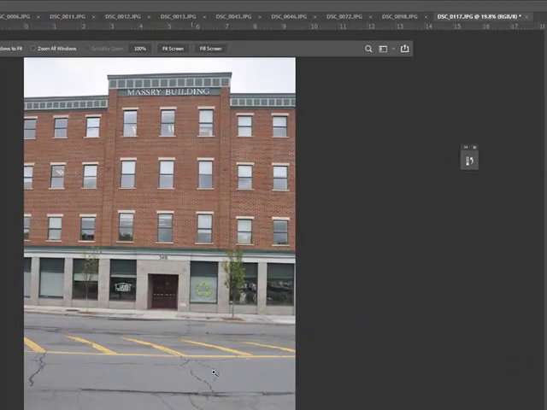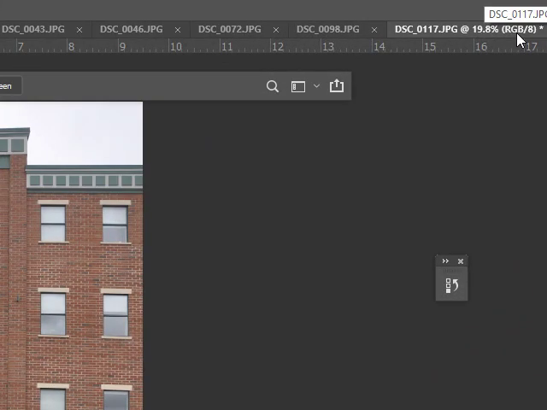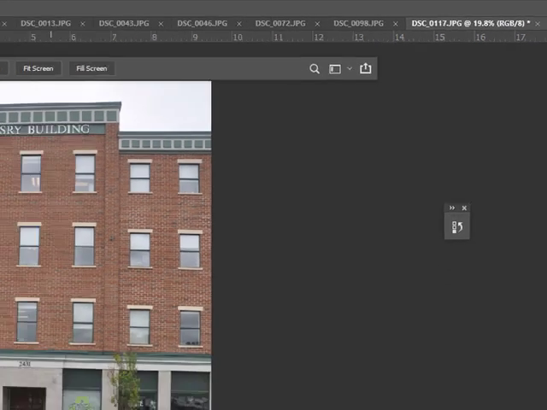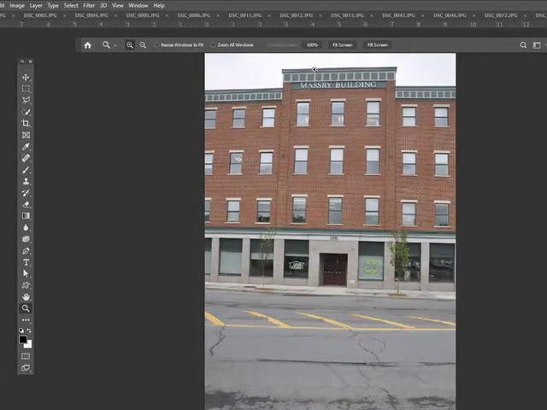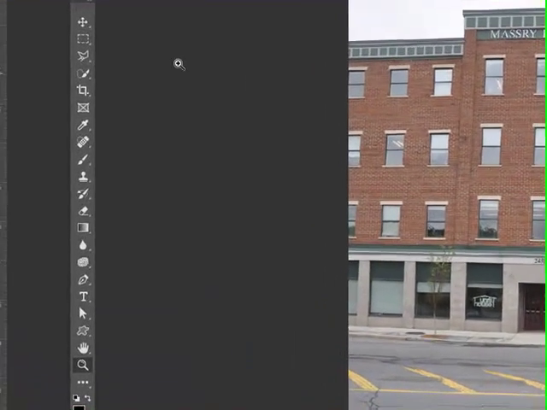So it's just something to be aware of, that the image size that we're seeing here is not necessarily the true size. You always want to pay attention to the percentage up here. And it's also telling me that this is an RGB color mode. We'll talk about those things later. So now we have a bunch of different images open, and just to briefly go over the interface, over here